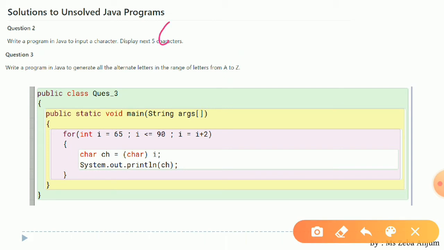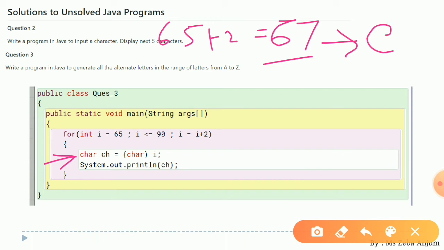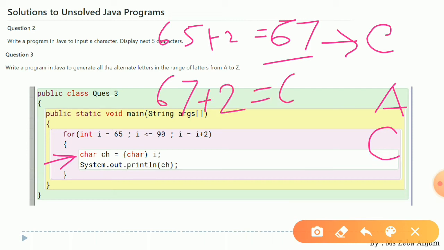For the next iteration, i will become 65 plus 2, that is 67. Again through this line, this i will be converted into the appropriate character, and the character of 67 is capital C. So after A, you will get capital C. Accordingly, 67 plus 2 will give you 69. 69 corresponds to capital E. That is why capital E is going to be printed.